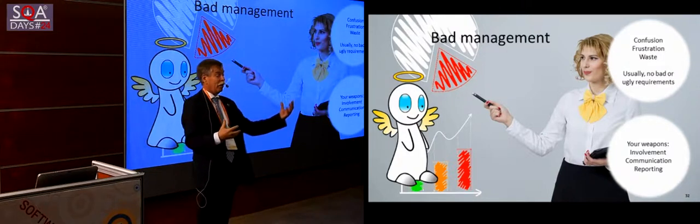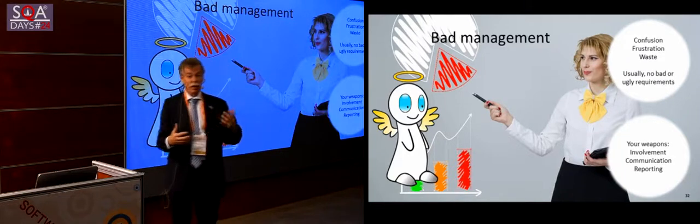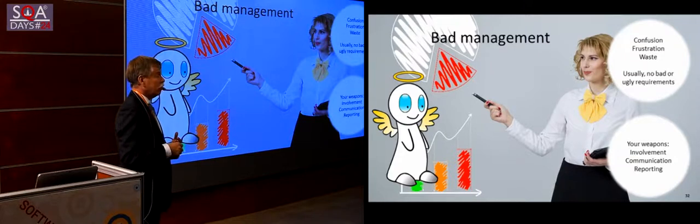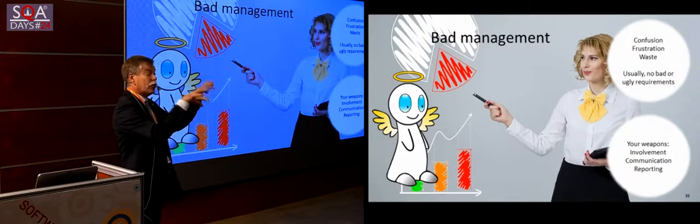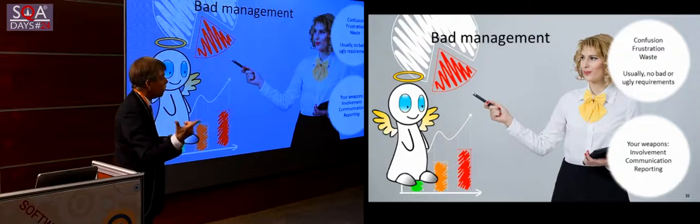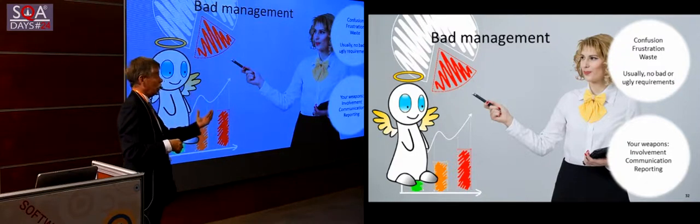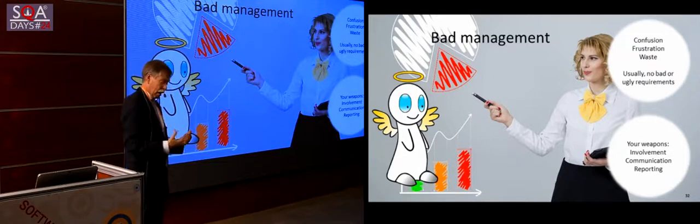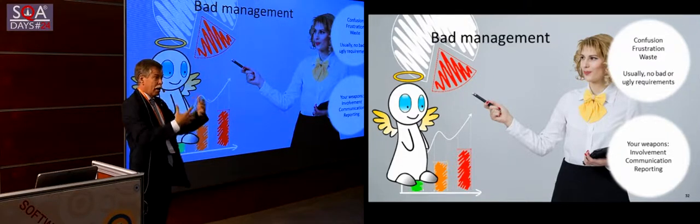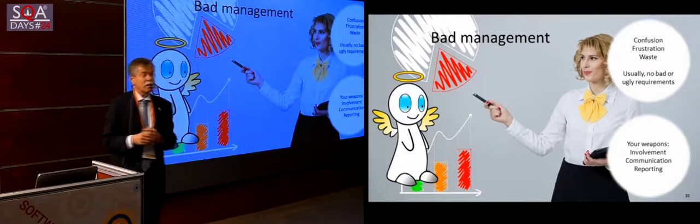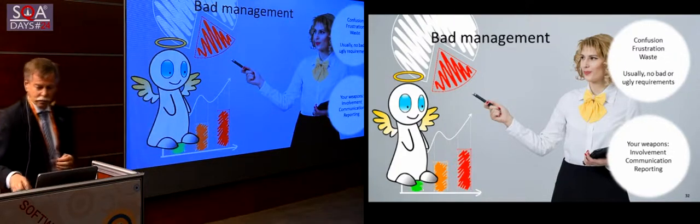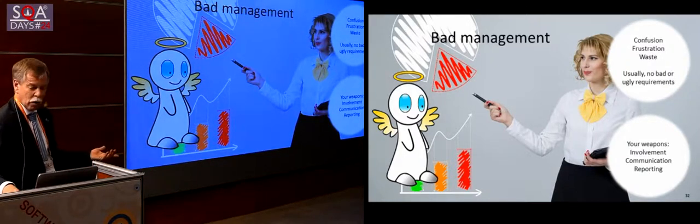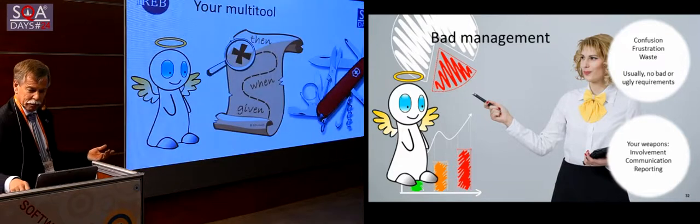What did you find in these requirements, and how did you interpret them? Because many problems arise from different interpretations of the same requirement. Just ask them. Ask the business analyst, what did you mean? Ask the developer, how did you interpret it? Then say, how do I interpret it? And if it's not the same, you're sure that there's a problem in the system. So involvement, communication, etc. is your best weapon for bad management.